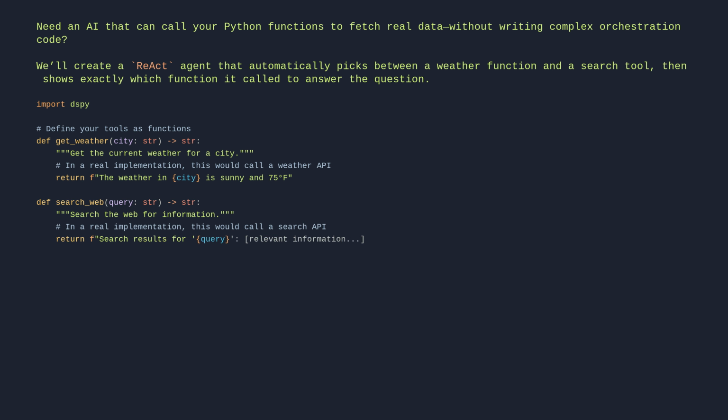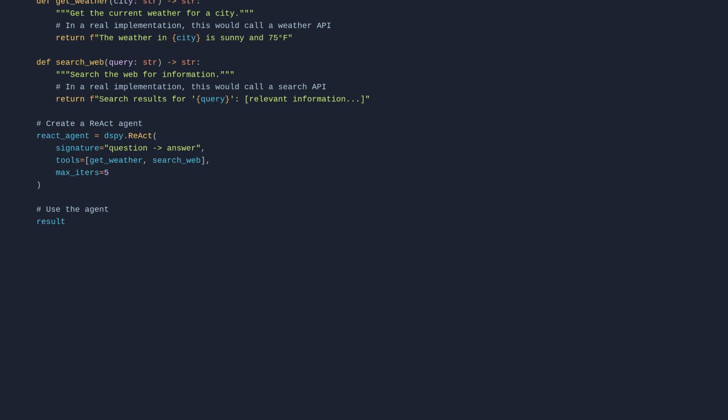# Create a ReAct agent. react_agent = dspy.ReAct(signature="question -> answer", tools=[get_weather, search_web], max_iters=5). # Use the agent. result = react_agent(question="What's the weather like in Tokyo?") print(result.answer) print("Tool calls made:", result.trajectory)